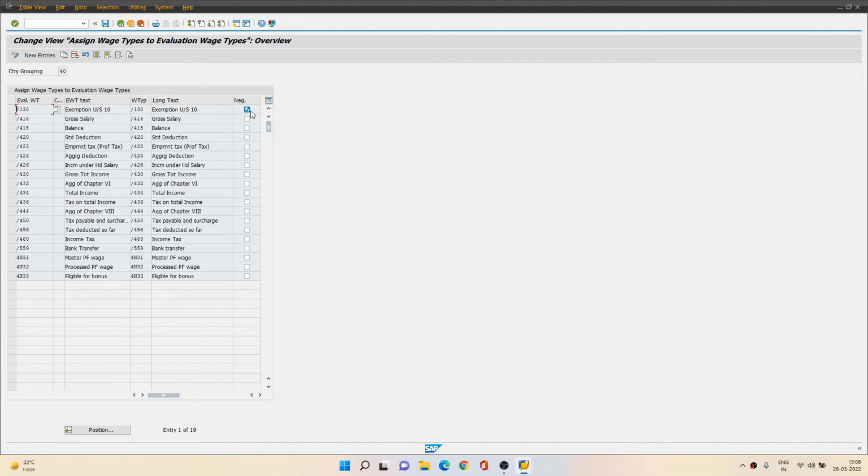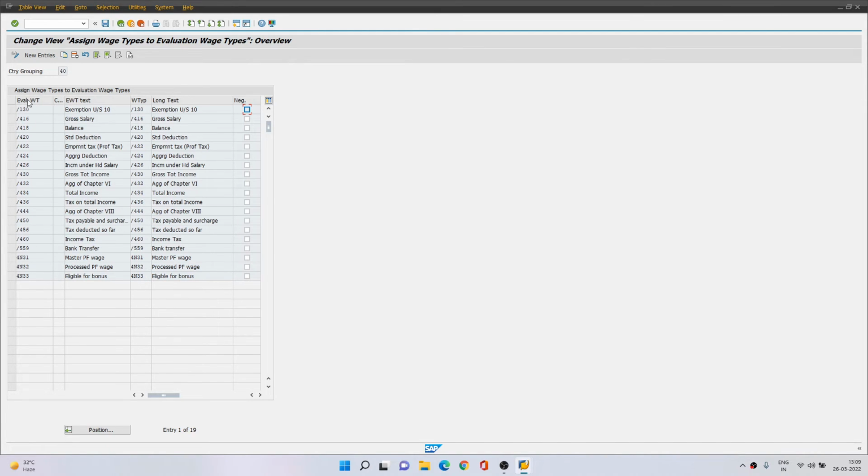This is how you can also have n number of wage types summed together, or a plus-minus combination of n wage types in your evaluation wage types. This is the logic where we define the contents of which wage type should be present in our